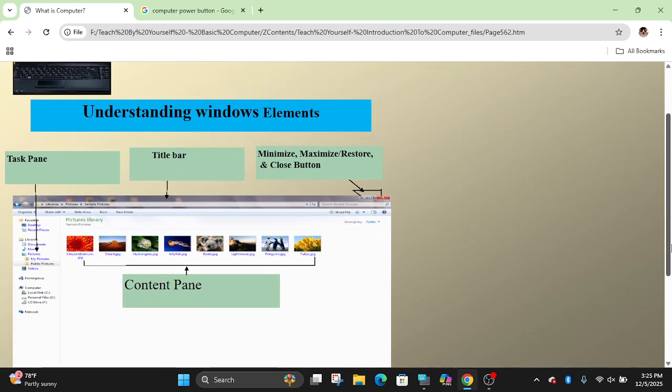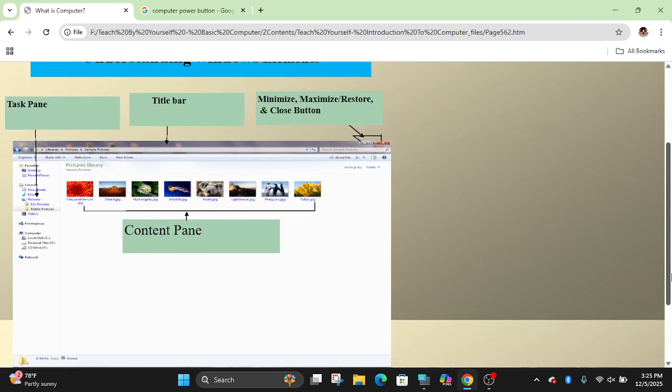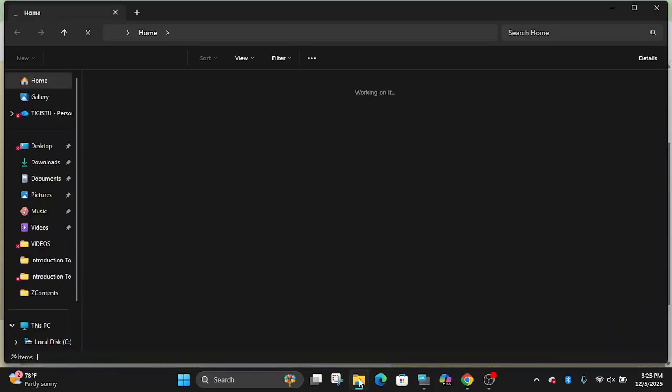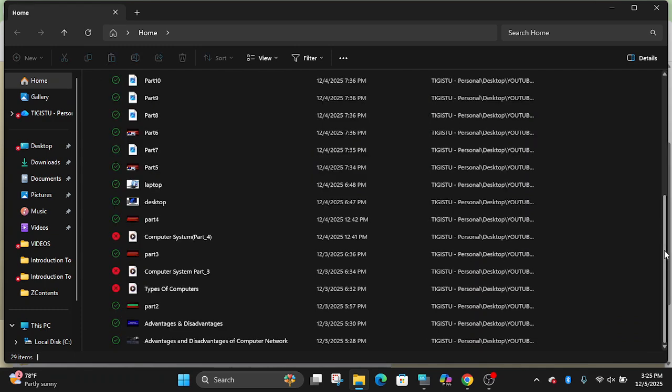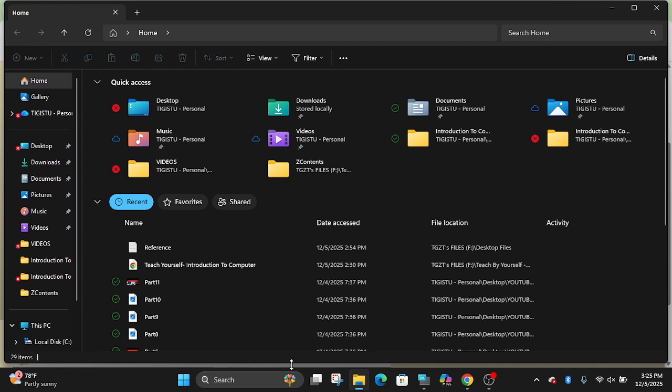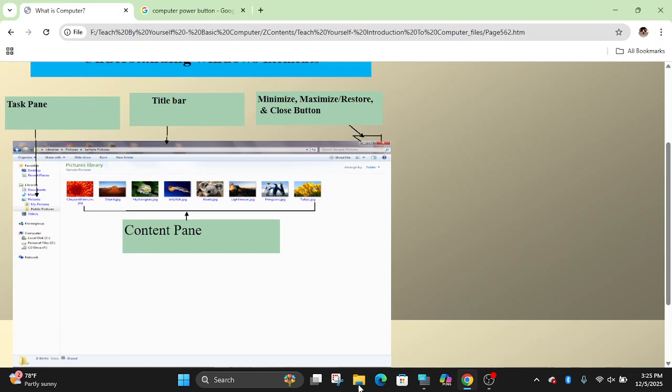After opening, we need to understand the window elements. As a beginner, even if you have had computer skills for a long time, you may not be using the right steps. By trial and error and by experience we may gain knowledge, but we have to know the right ways, and we have to know them theoretically also.